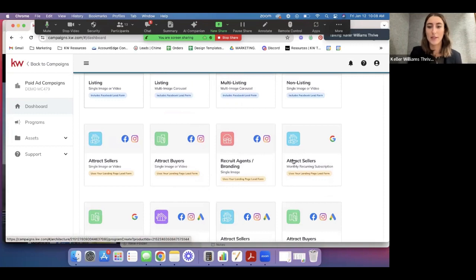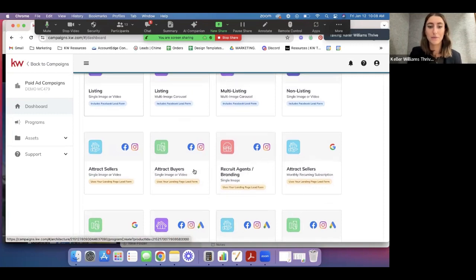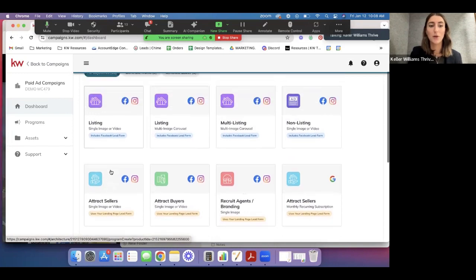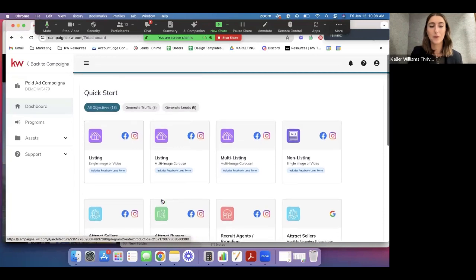So if you want to attract sellers, attract buyers, Facebook and Instagram, attract sellers. So we'll go through the listing one, we'll go through attracting sellers and attracting buyers, okay? So first with listings, let's do the listing multi-image carousel. Essentially you click it